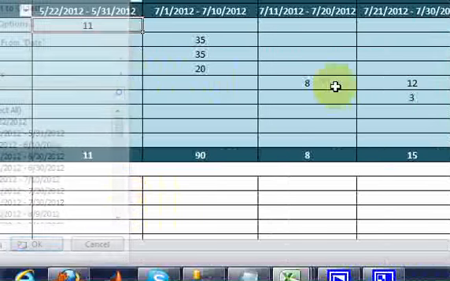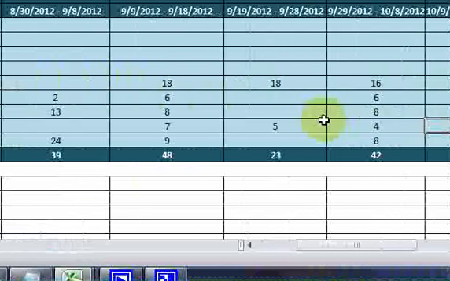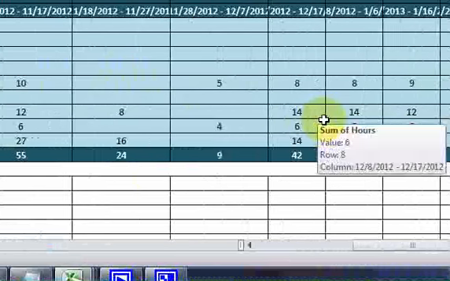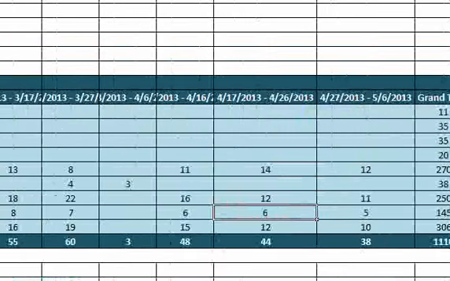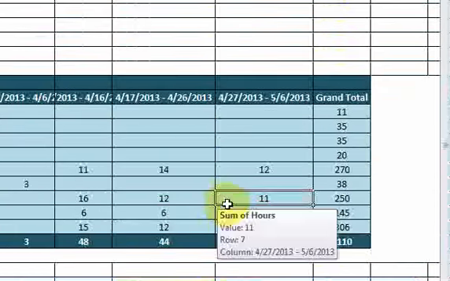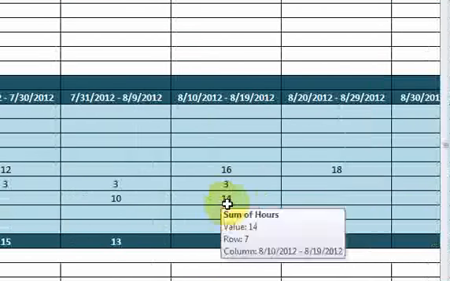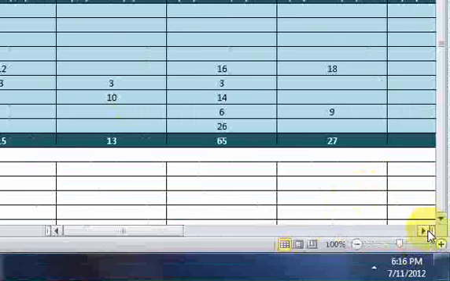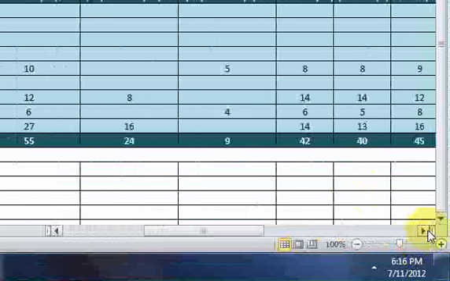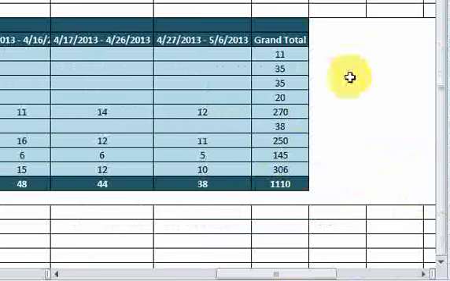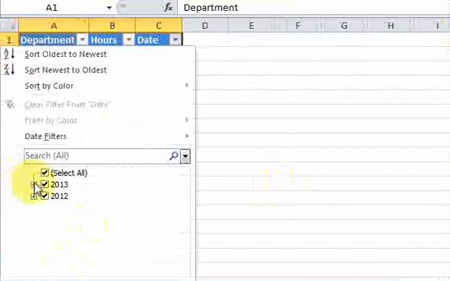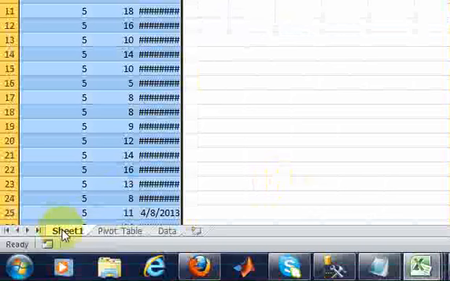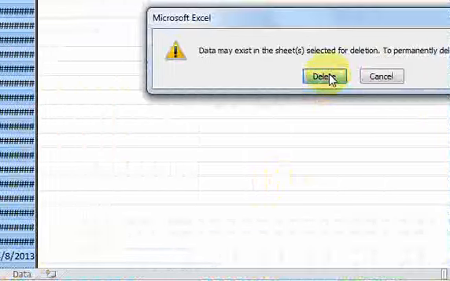Let's look at this. I just want to see where that 5, 6 comes in. Okay, so